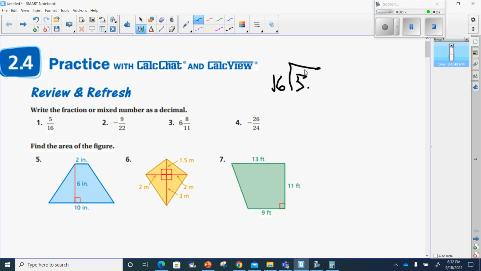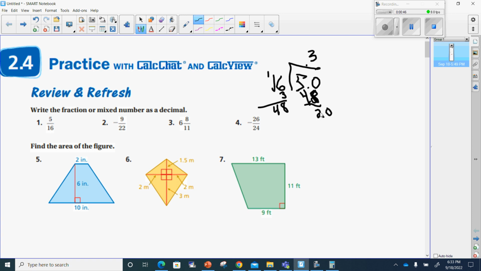16 doesn't go into 5, but I know the decimal is right there. So I can put a 0 here, and I can say 16 goes into 5 3 times. That gives me 48. Sorry for the messiness. That leaves me 2 left over. Now,